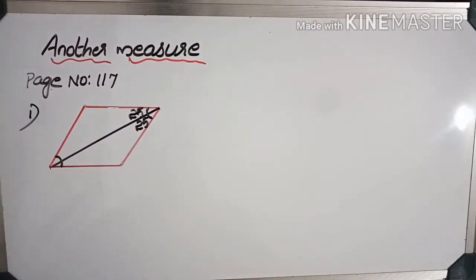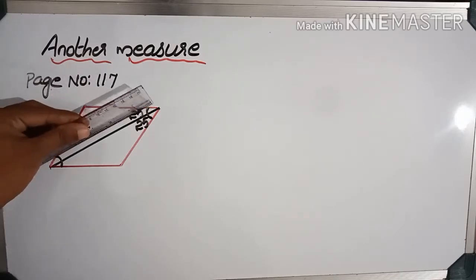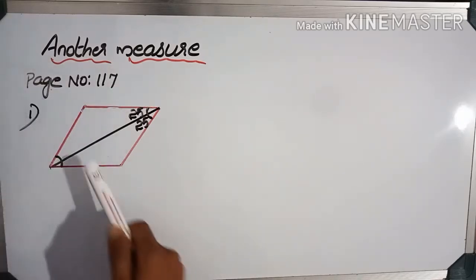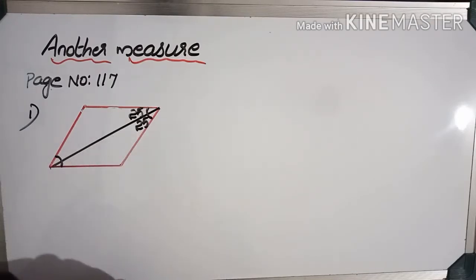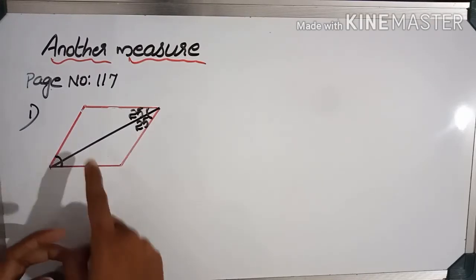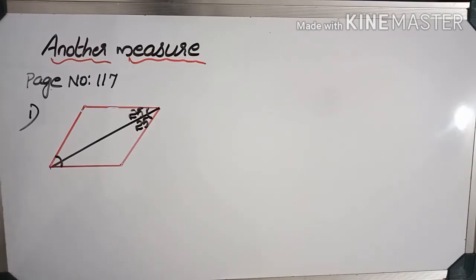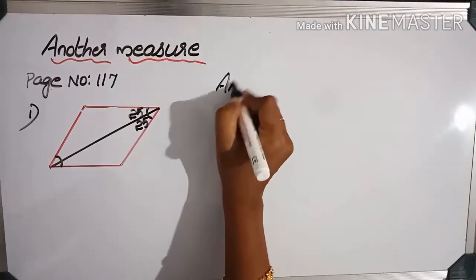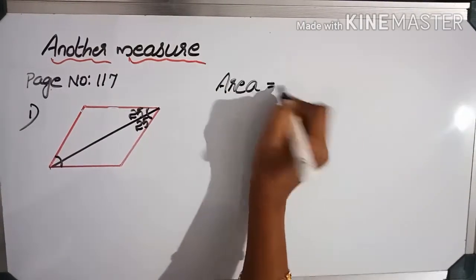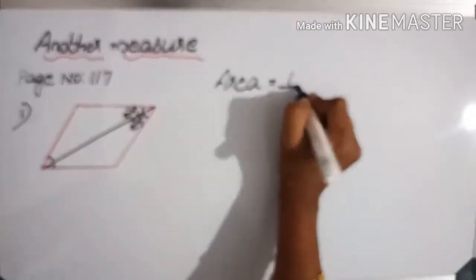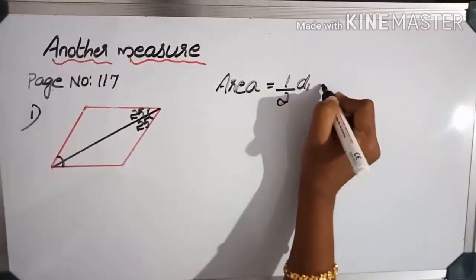Now it is given that the length of the largest diagonal is 5 centimeter. When you draw the diagonal, you can see that this is the largest one, this is the short one. So this diagonal is 5 centimeter. We have to find the area of this rhombus. What is the equation? Area of rhombus, base into height, is one equation. Another equation is half d1 d2.